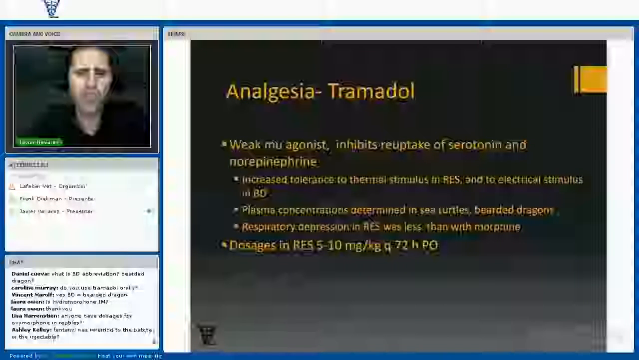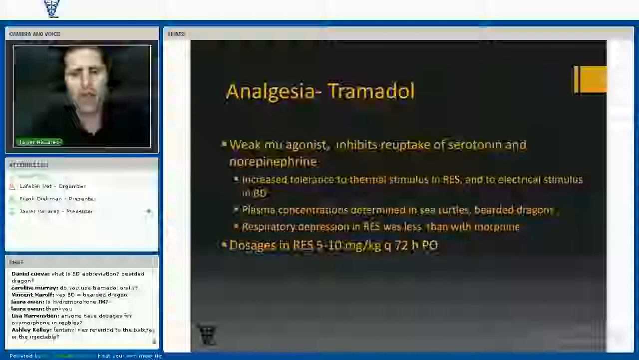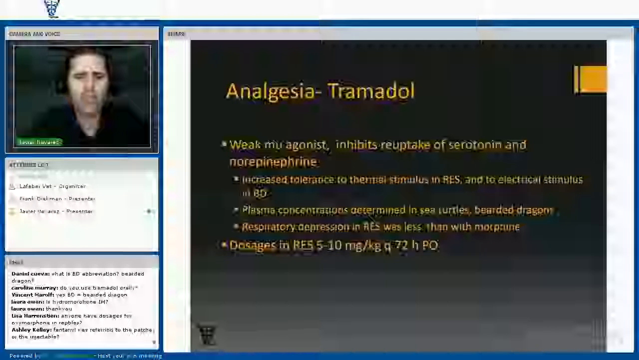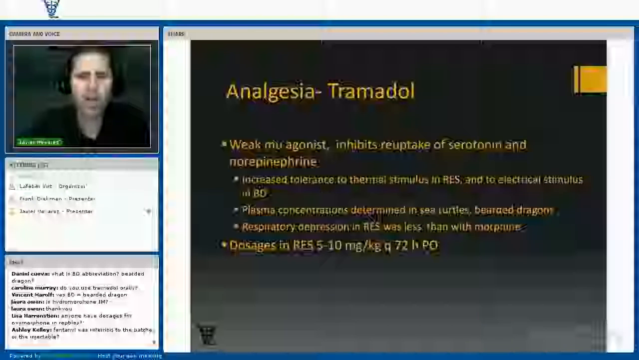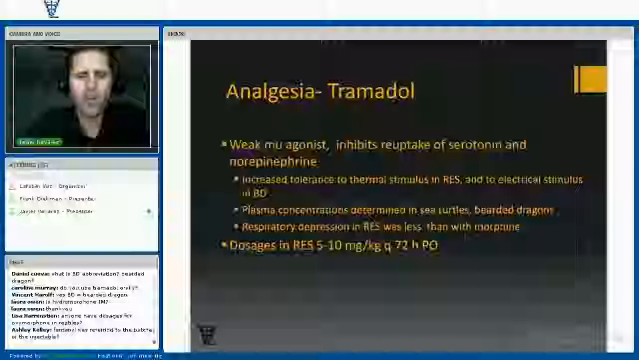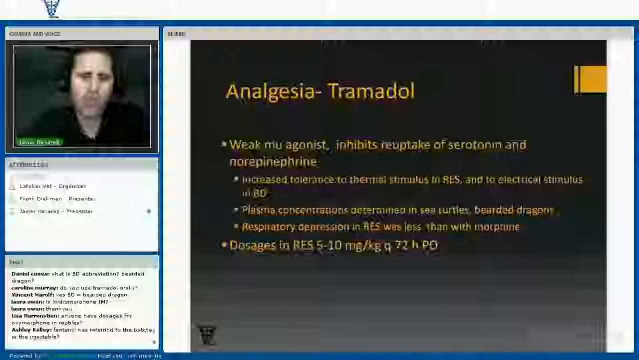There's a very long, protracted dosing scheme of every 72 hours based on that information. So again, I think it's one of those things where you have to assess your patient. And I think that's the biggest challenge that we have in reptile medicine. Sometimes people want to know, well, how often do I need to be giving this, and try to stay with